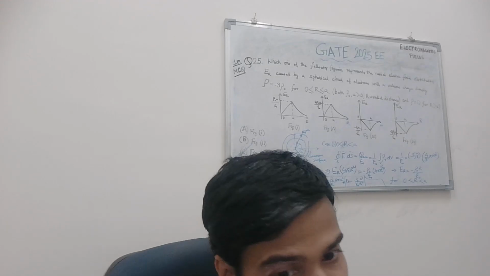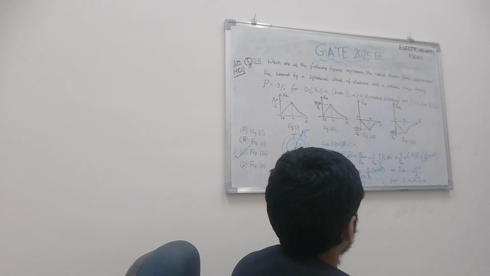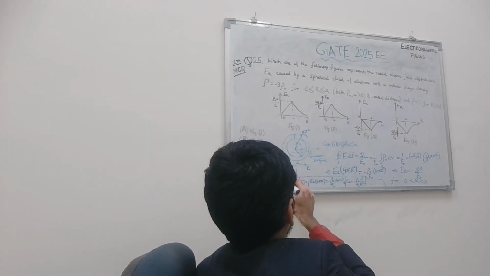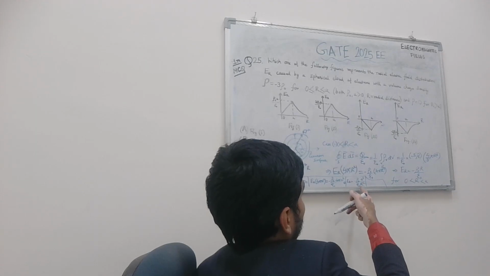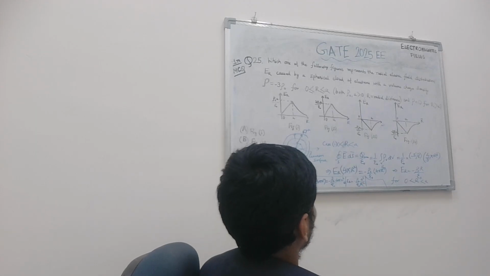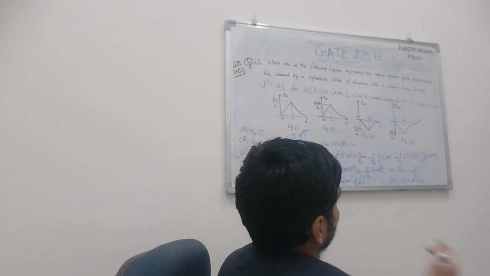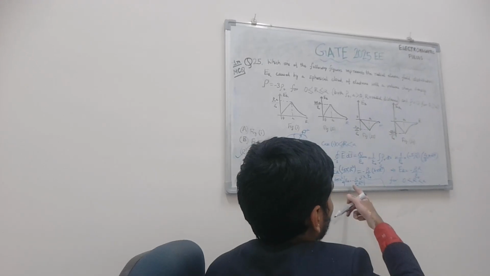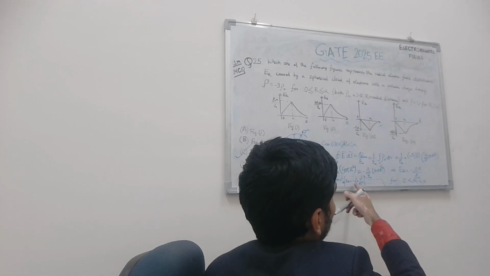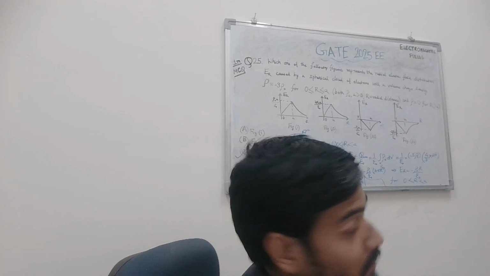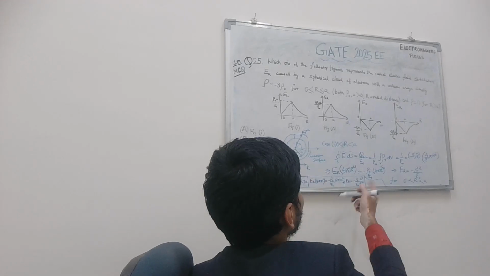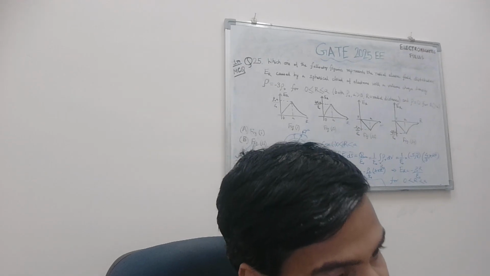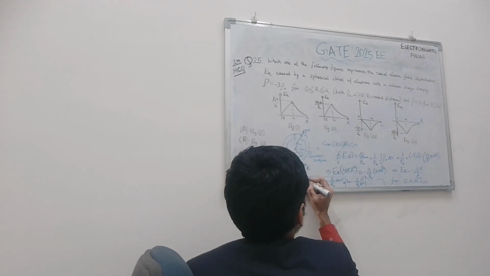If you put r equal to a over here, then what do you get? Same, minus rho naught a by epsilon naught. So after this, you can see that there is an increase because it is negative. At r tends to infinity, this will go to 0, and at r equal to a, this is minus rho naught a by epsilon naught, which is negative. So we gradually increase to 0, and it is proportional to minus 1 by r square, something like this.